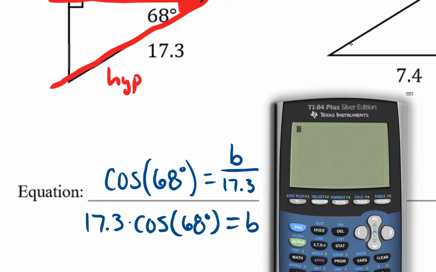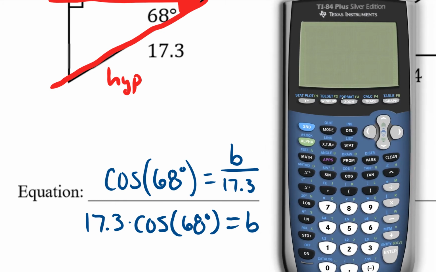Let's go ahead and evaluate that using our graphing calculators. It's a good idea to double check and make sure you are in degree mode. So I'm going to press the mode button, and you can see degrees is highlighted, not radians. So we're good to go. I'm going to go ahead and press second quit, and I'll just enter 17.3, and then times the cosine of 68. And again, since I'm in degree mode, my calculator is assuming that this angle I'm entering is given in degrees. So when I press enter, I get